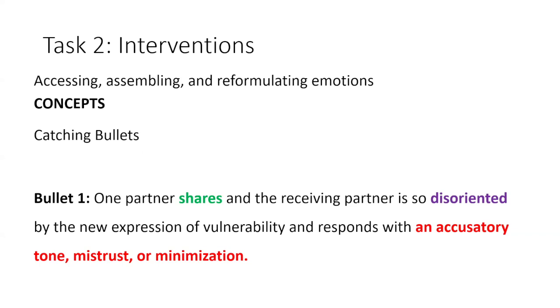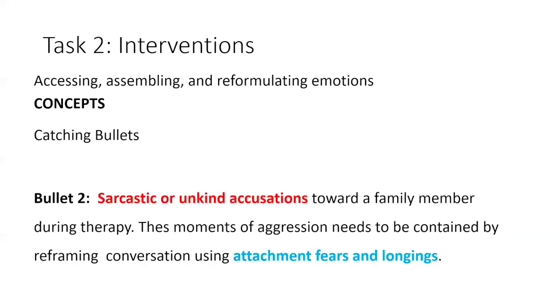So that's a bullet. When the client opens up emotionally and their partner doesn't understand what's happening, they will come back and accuse of manipulation or not trusting what the client is saying or minimizing their experience. So we're going to be protecting the client. So that's one bullet. The second bullet is sarcastic or unkind accusations,